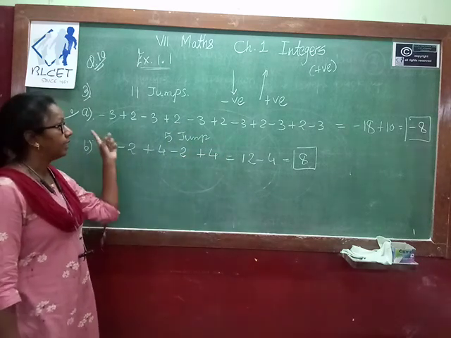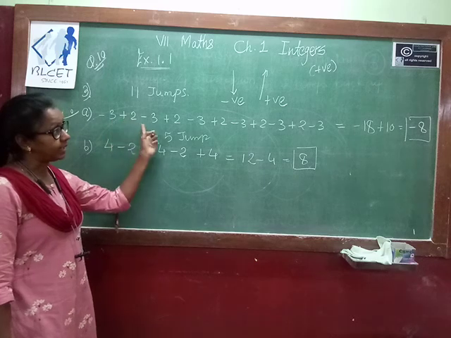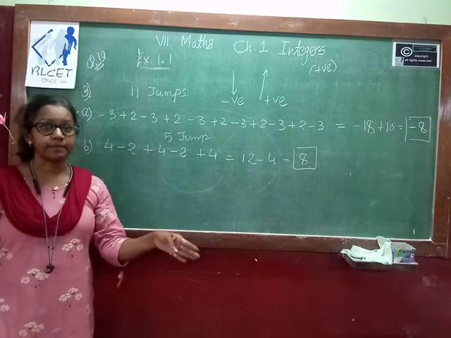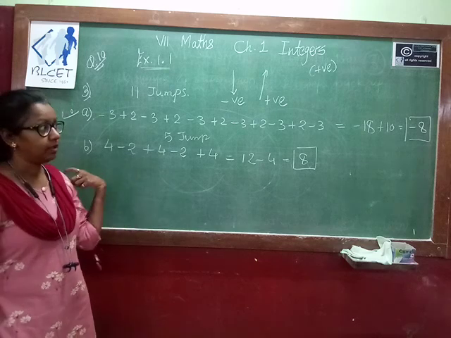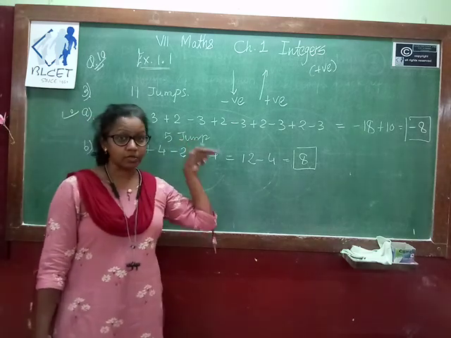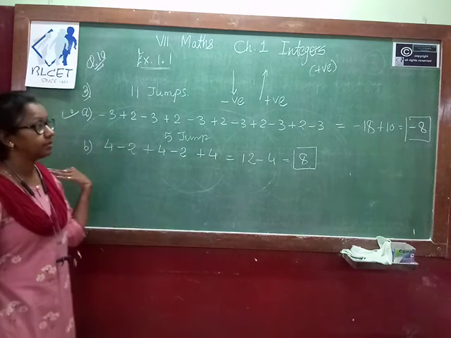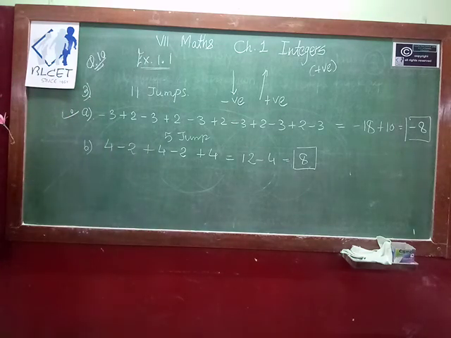So that's why if a monkey takes 8 steps down to reach the water level, the same steps it takes to come up. When the monkey goes down, that will be represented with a negative sign, and when the monkey comes up, that will be represented with a positive integer. So this is the meaning of the questions.